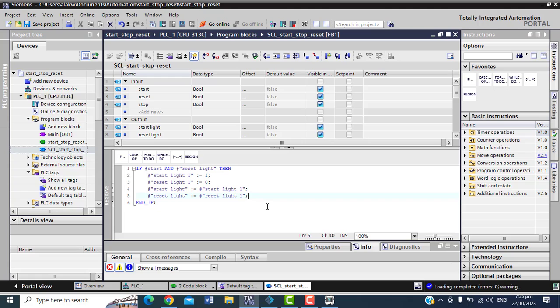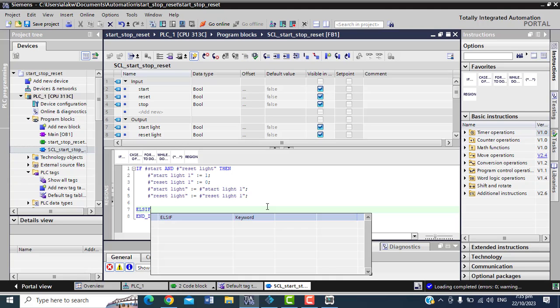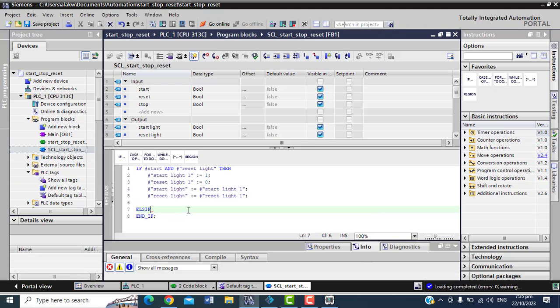Okay, so inside here again, I still want to write another condition. This time, I will write a condition that contradicts the first one. It will be a direct contradiction of the first one. So I will use else if, right? So I say else if, and remember, you need to complete the grammar. C as B, ELSIF, right? So else if is not what you do for the first line, but what you do for this second one, you say the reset, you press reset.